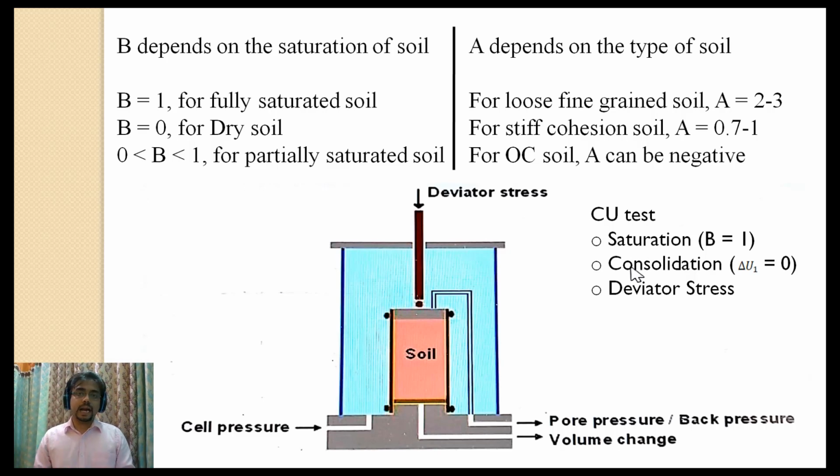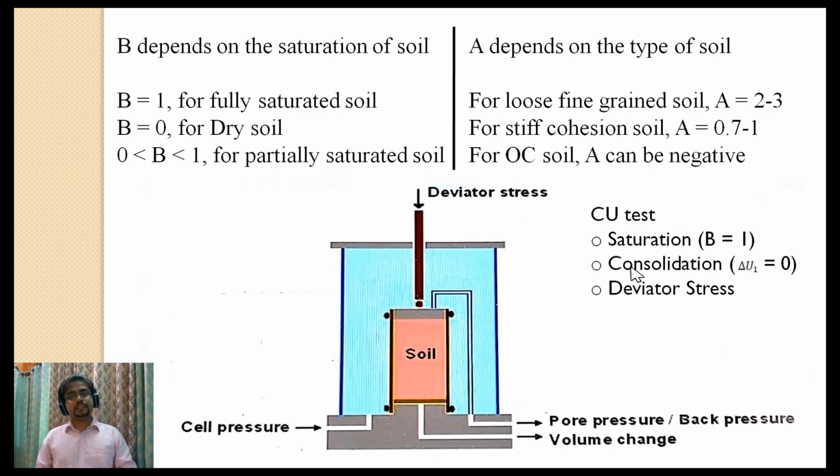Now whenever the consolidation is going to occur, before the drainage valve is opened, if you apply a 0.5 kg per centimeter square load or 1 kg per centimeter square load, that means the desired cell pressure, then also there will be some generation of excess water pressure. Here, obviously the drainage valves are closed. We have applied our desired cell pressure, and it generates some excess water pressure. Now whenever we open the drainage valves, the excess water pressure is gradually dissipated with time.